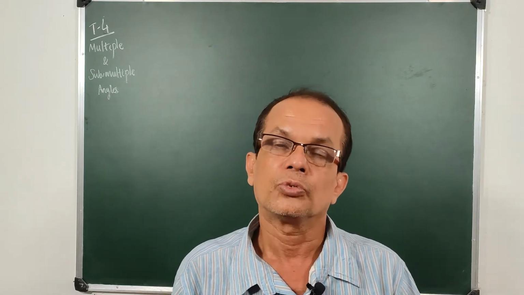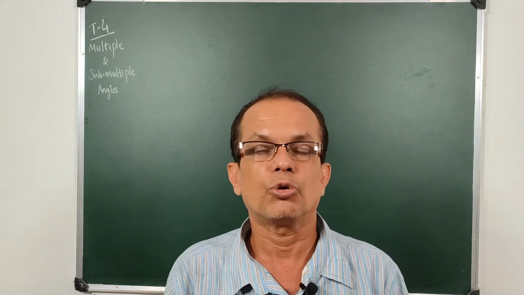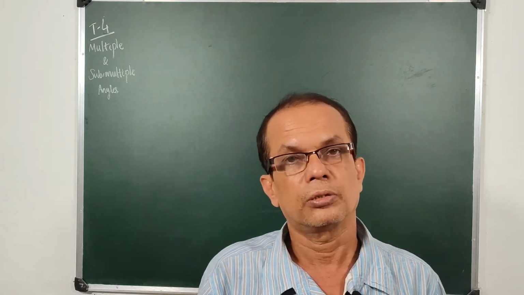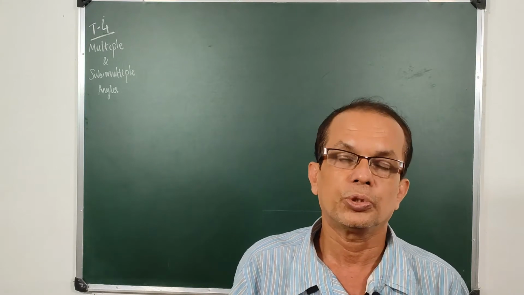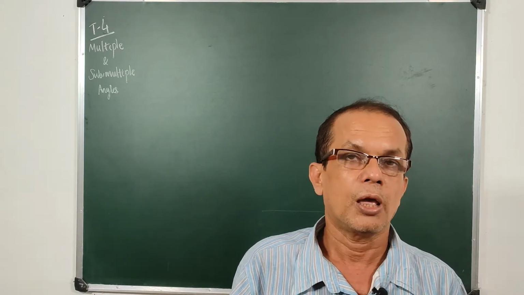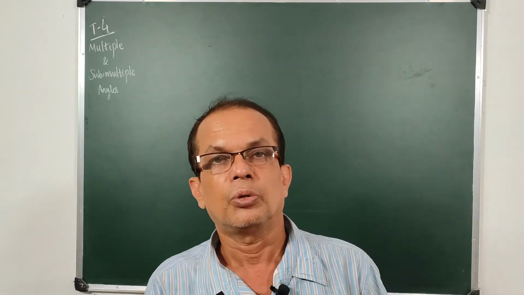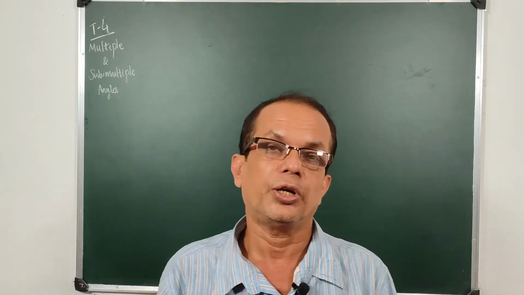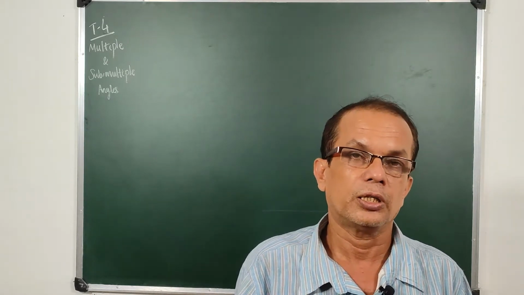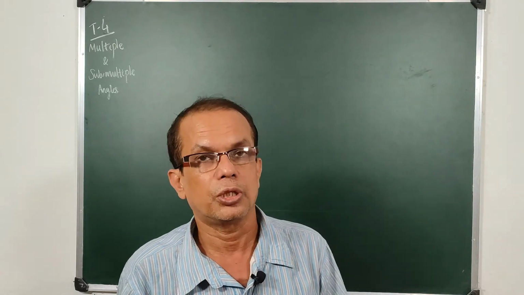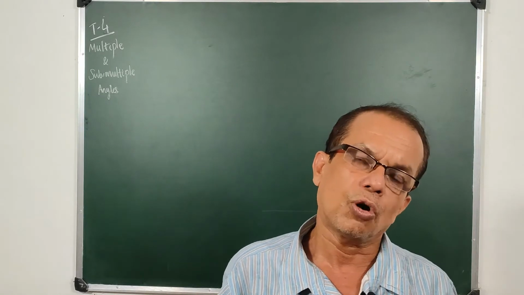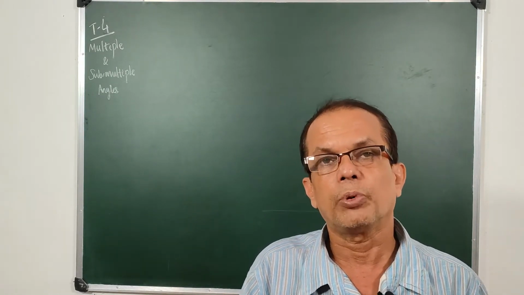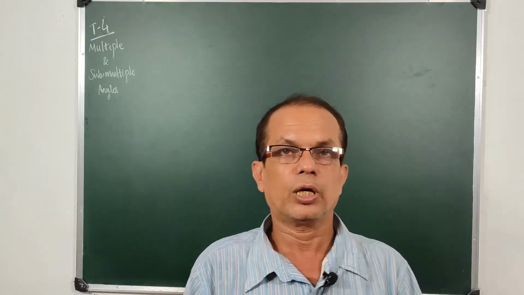Let us continue with the chapter in trigonometry. In the previous class we had compound angles, the trigonometric ratios involved with a plus b, a minus b, and the two processes componendo and dividendo: sin c plus sin d, sin c minus sin d, cos c plus cos d, cos c minus cos d. We had discussed all about these, but we had not talked of the multiple angles or the submultiple angles.